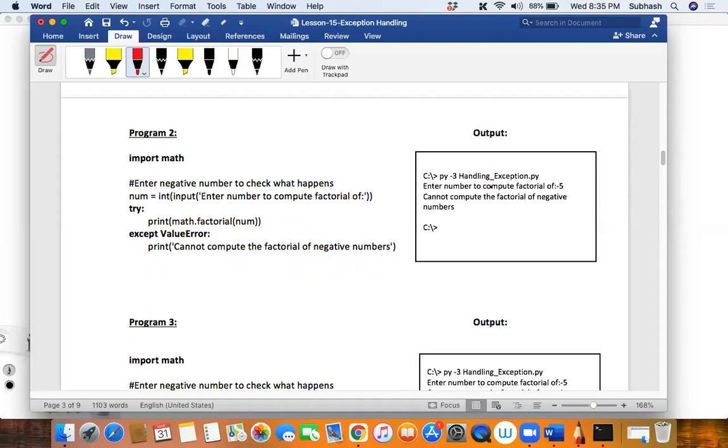So what did I do now? First, listen to me what happened. I'm running this code. I wanted to see the output. It says enter the number to compute the factorial of. What am I entering? I'm entering -5, right? So when I give -5 and then math.factorial of -5 is called, what error will it raise? Quickly, I cannot repeat. You have to say it faster. What error? Value error, isn't it, my dear friends? So it is throwing a value error, correct?